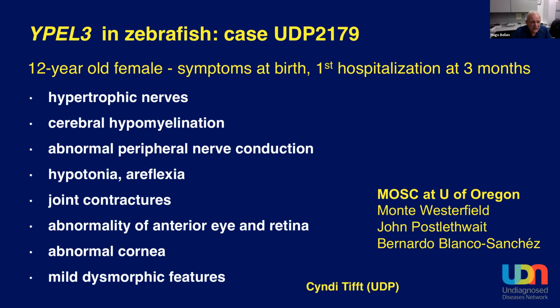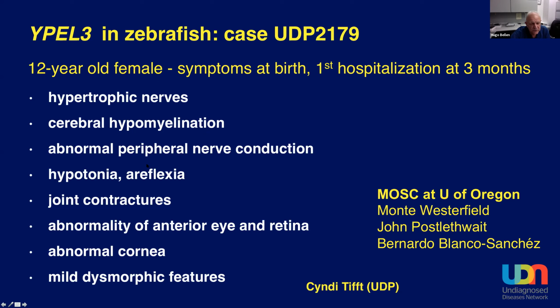So I want to now turn to the last story, which is yippee-like 3 in zebrafish. This was a case that was presented by the Undiagnosed Diseases Program, which is the program that was initiated at the NIH prior to the Undiagnosed Diseases Network. They identified a patient, a 12-year-old female that had symptoms at birth and was hospitalized with hypertrophic nerves, cerebral hypomyelination,